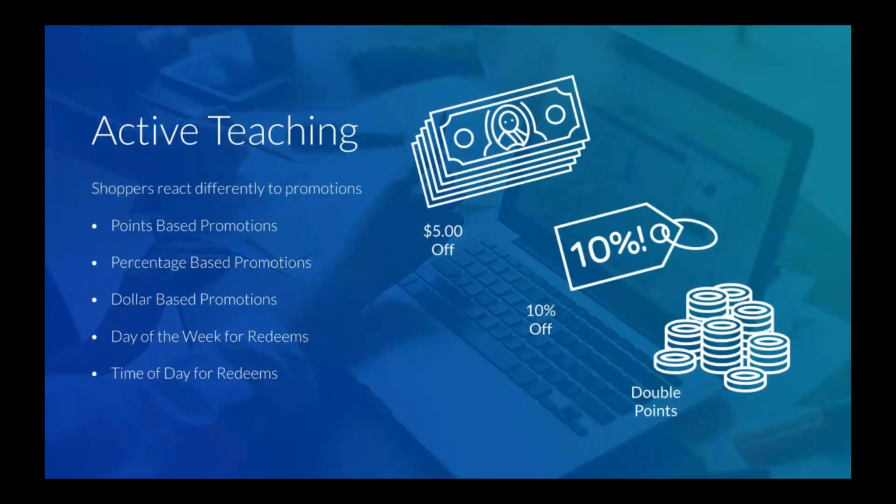Active teaching allows you to create information that the AI can then use to gauge the best type of promotion, the best time to send a promotion, and the communication channel that you should be using. Some shoppers may respond to promotions for a dollar amount off, while others are more apt to respond to percentage off promotions. Still, some shoppers will respond better to promotions that arrive on Monday, while others might respond to those received on Friday. Active teaching allows you to actually train your AI on the best way to influence shopper behavior, all while creating marketing content and generating revenue.